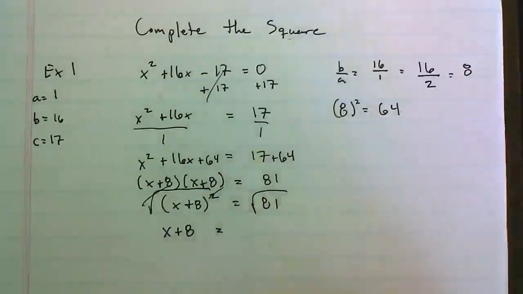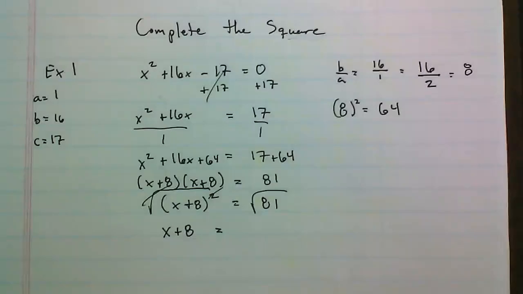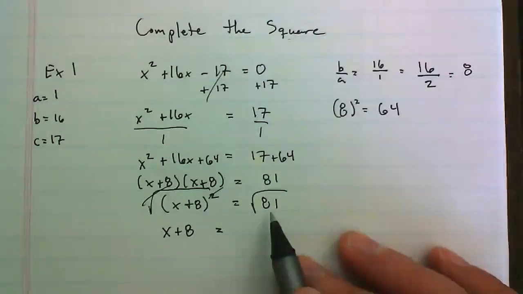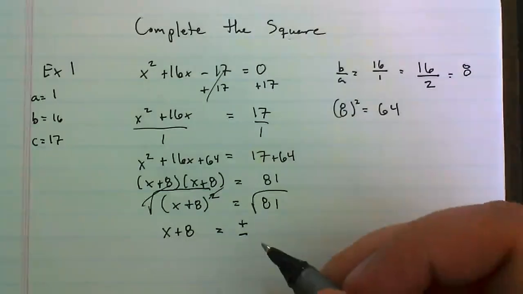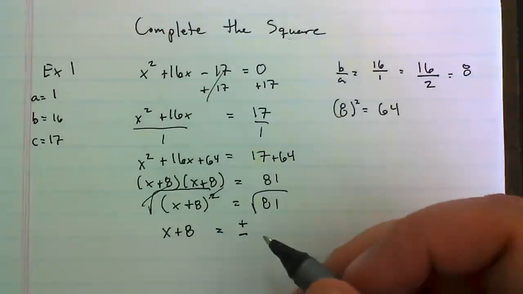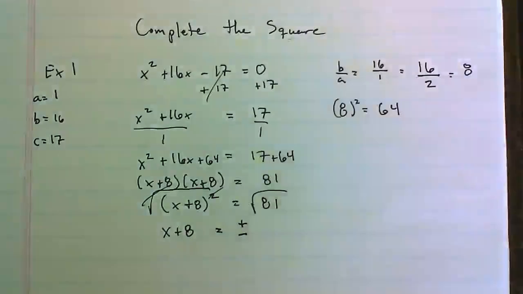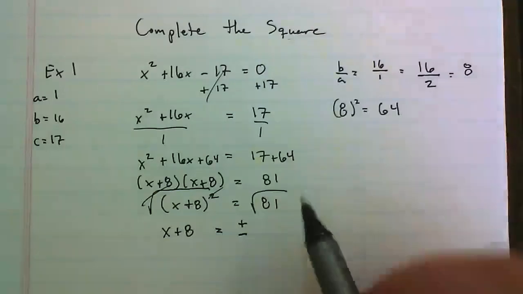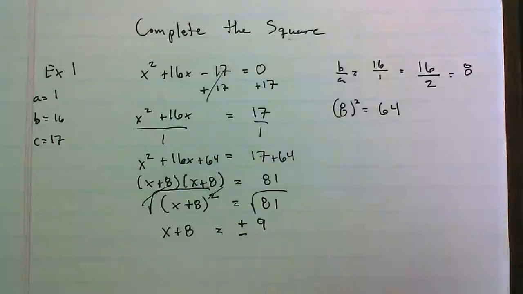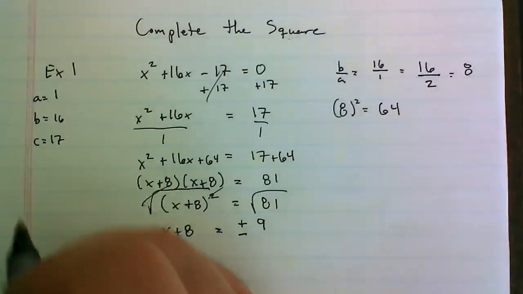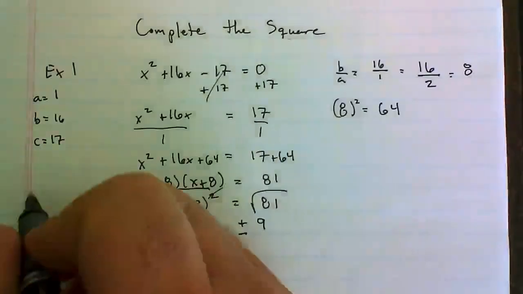And look at that, really nice. 81 is going to be really easy to square root because 81 is also a perfect square. So to finish solving, that's actually step 6 of this, is to solve for x by taking the square root of both sides. So square root over here and square root over there. Remember, what you do to one side of the equation, you have to do to the other. The square root and the square cancel, and you're left with x plus 8 is equal to the square root